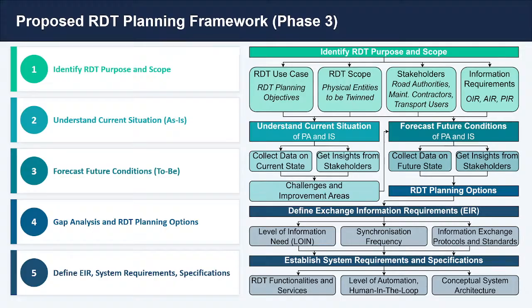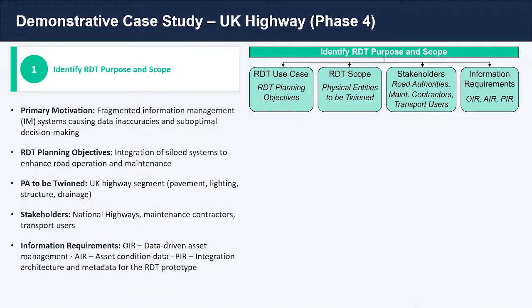Otherwise, if it belonged to only one of the 2 core components, the specific step underwent further evaluation. So if that step referred to a characteristic that was shared between the core component and the digital twin, then it was deemed to be included in the digital twin workflow. Otherwise, it was discarded. In the fourth phase, we demonstrated our workflow on a real-world UK highway case study.